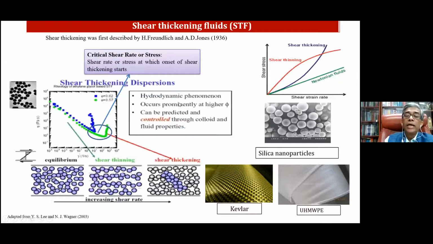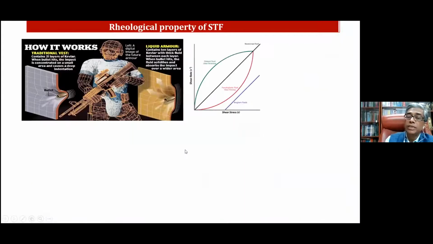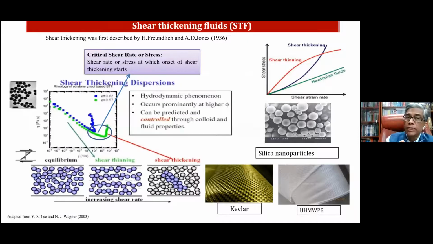If we do that, instead of just a polymer being a shear thinning material, it actually becomes a shear thickening material. This means that as soon as a bullet hits it, so we put these nanoparticles in a solvent and put it on this Kevlar material or on Dyneema material, which is ultra high molecular weight polyethylene. What will happen when the bullet is coming is that all these nanoparticles aggregate together, and they become shear thickening and can immediately stop the